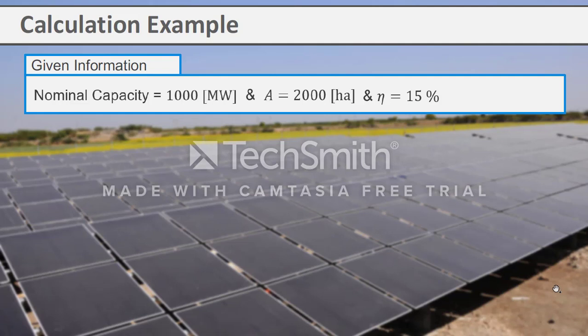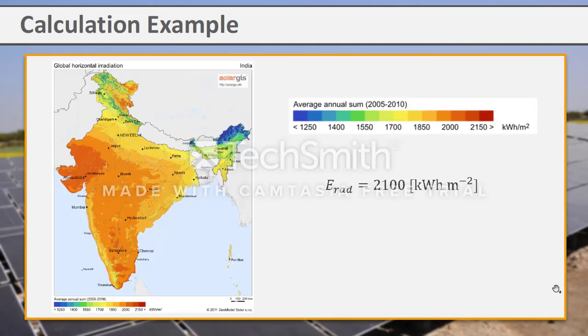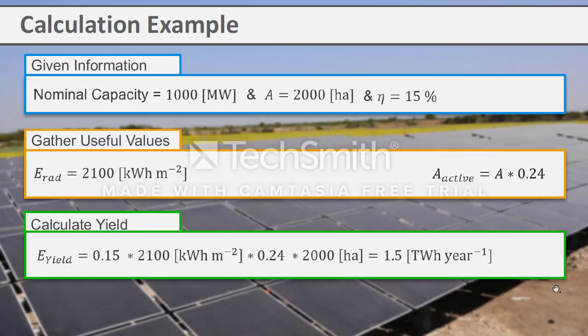Therefore, we can use this map of India. Here it is shown that the peak receives a high yearly irradiation of 2100 kilowatt hour per meter square. We know the surface area of the farm. However, this should not be confused with the area that absorbs light, otherwise known as the active area of the PV surface. We will take an active area of 24%. Ultimately, we will receive a yield of